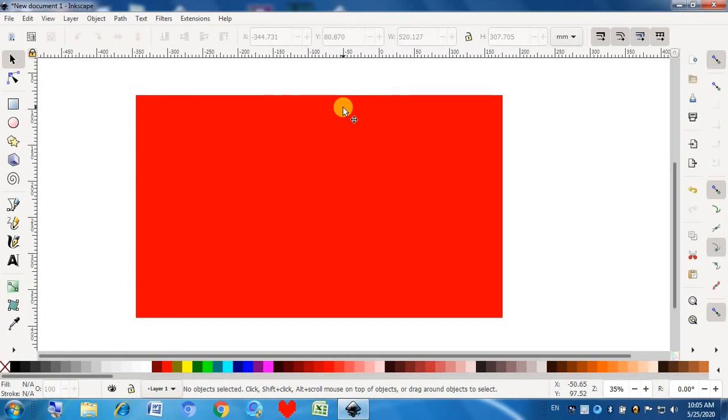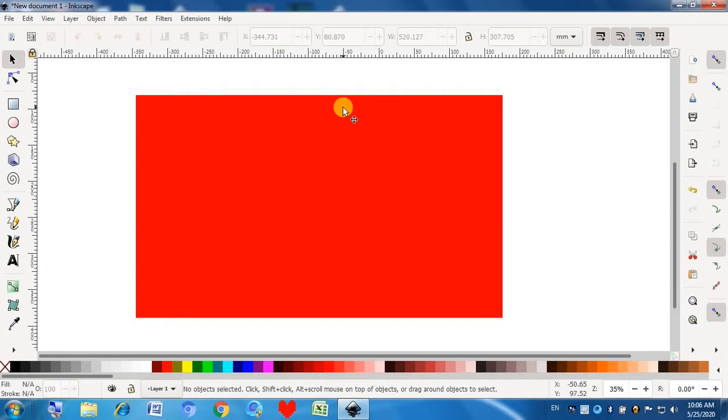Today I am here to complete part 5 of the Inkscape tutorial series. Today we are going to talk about filters, completely about filters. It's pretty simple and the results are awesome. Some results are bad but some are awesome.